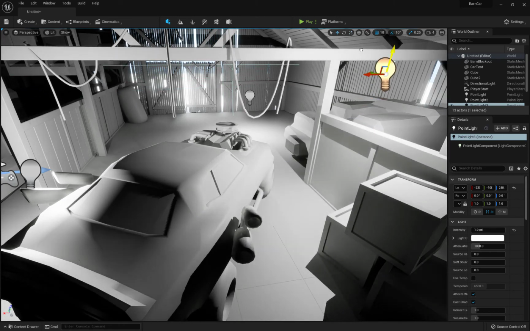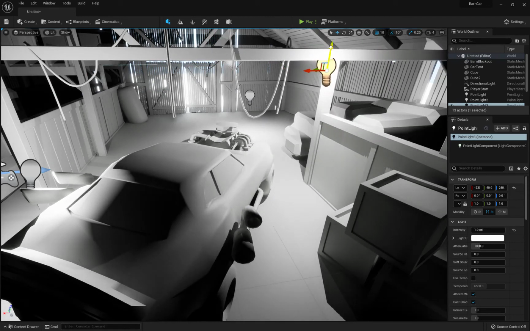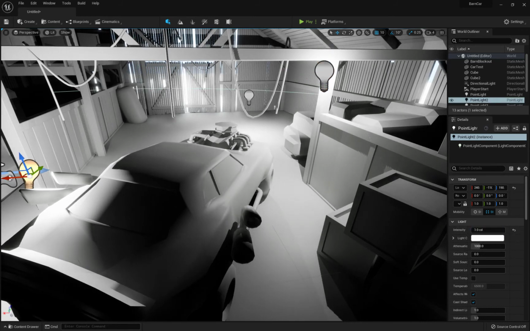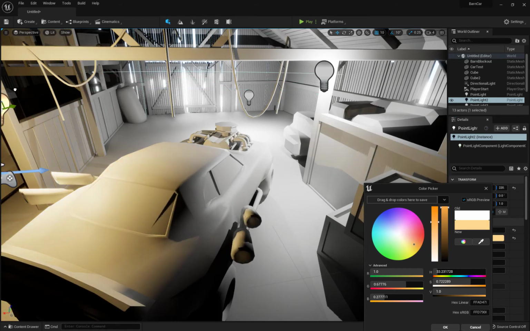Let's say I have a light here, and then go ahead and turn this down to 0.5. Turn this one to 0.5. Maybe get a little softer color off of it. Like this. Warmer, pull this up,